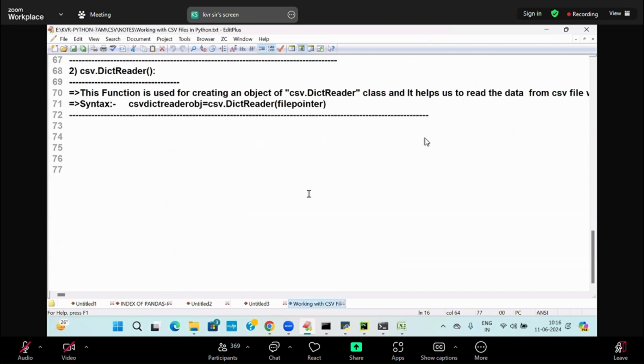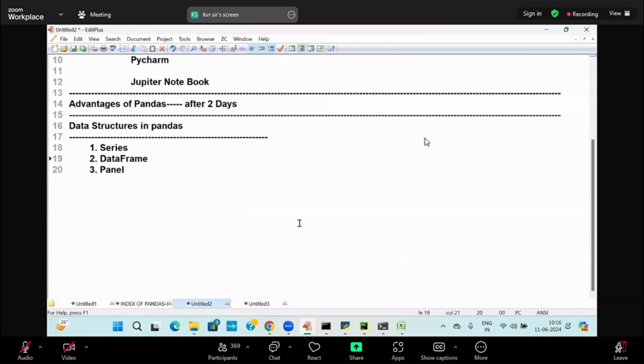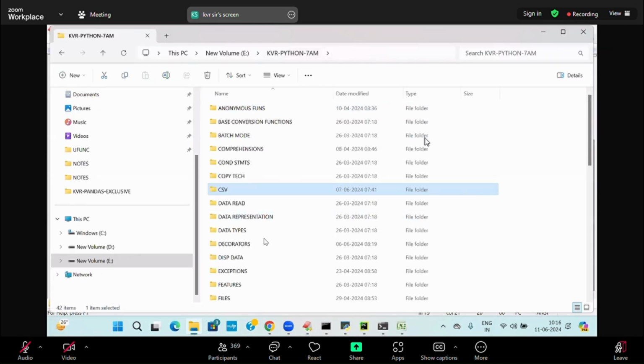Everything I taught in the class. If the files concept was finished, I used to talk about it. Generally in the files concept, if you see,